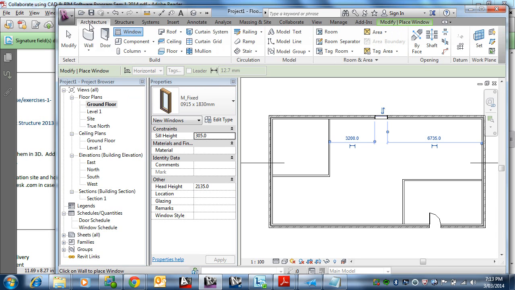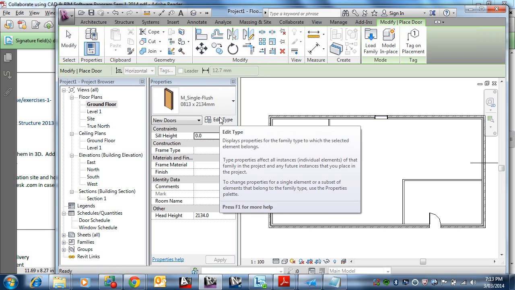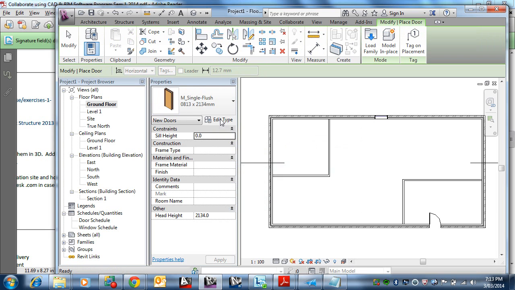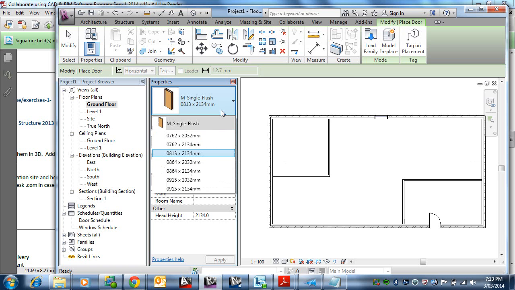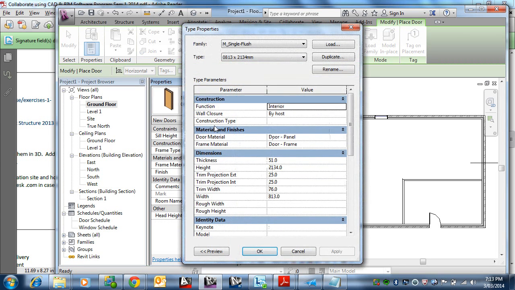Let's go back again to that. So I'm going to put that in. I don't like an 813 by 2134 door. Say I want an 820 by 2040. I can go here and edit the type, because there isn't one in here. I can go and edit the type and